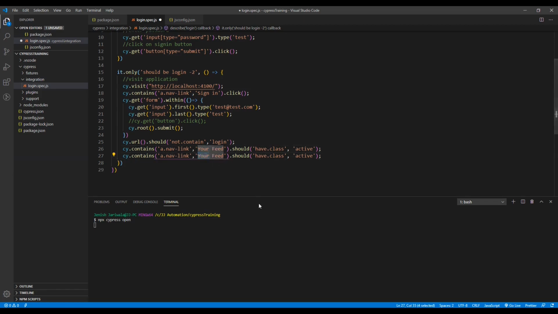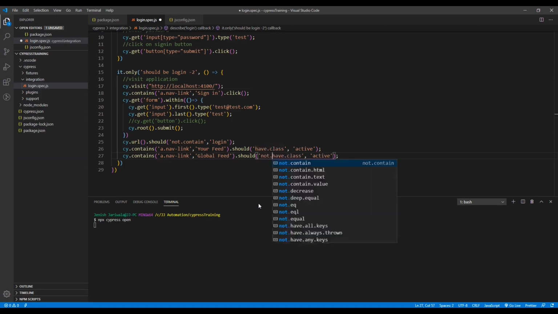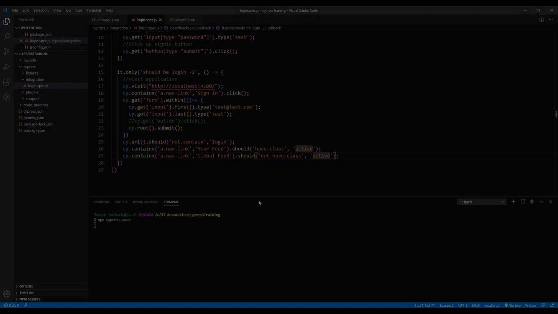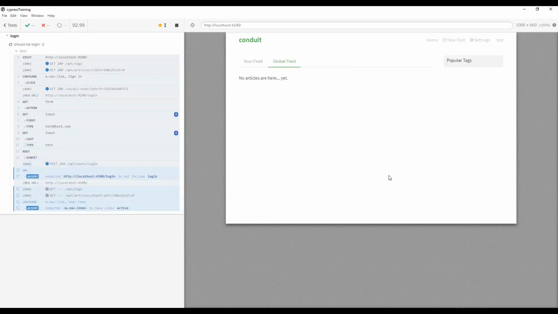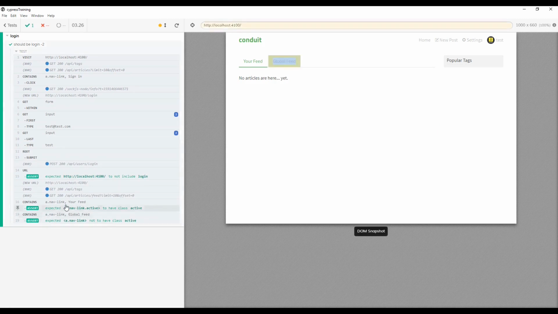Similarly, we have the global feed, should not have class active. Let's save it. See, it expected this to be active and this should not be an active class.